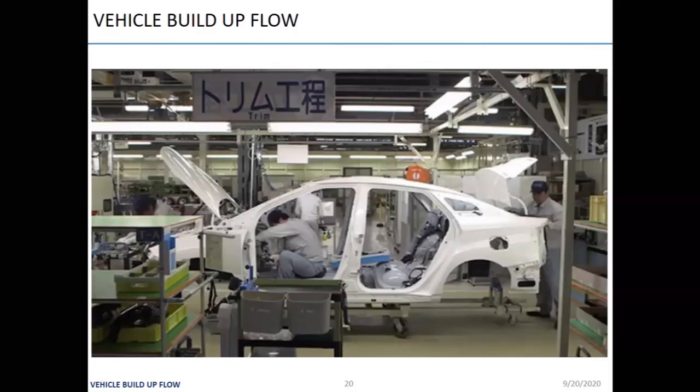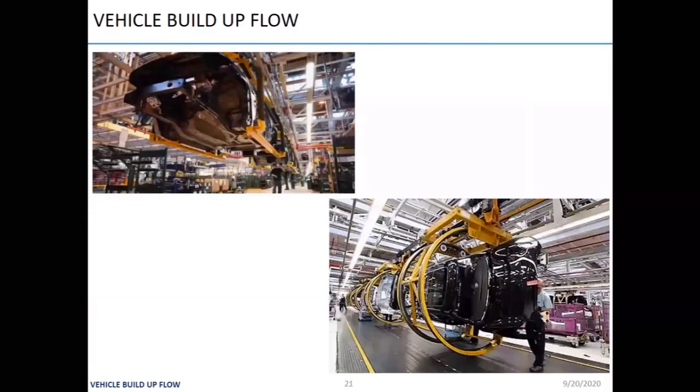With the doors still removed, cars are transferred on the trim conveyor. Trim conveyor means whatever the interior trim parts are, they will be fixed inside. Next, with the help of the overhead conveyor, the car will lift up, and the lower portion sub-assemblies like the engine, powertrain, exhaust, brake tubes, and fluid tubes will all be handled from the lower side.